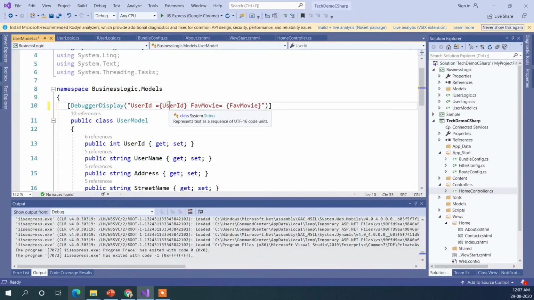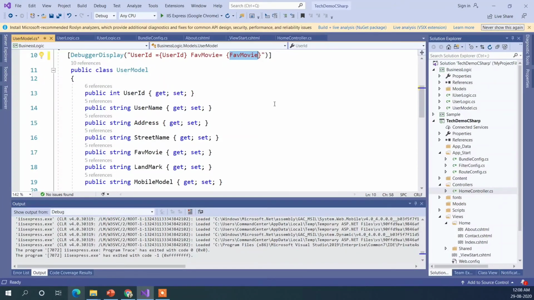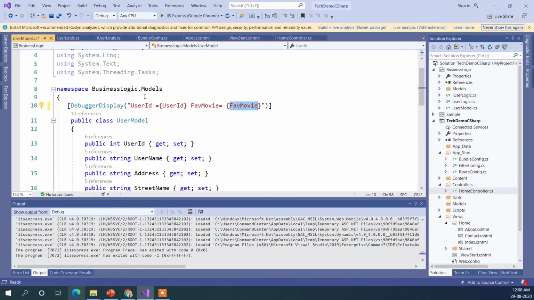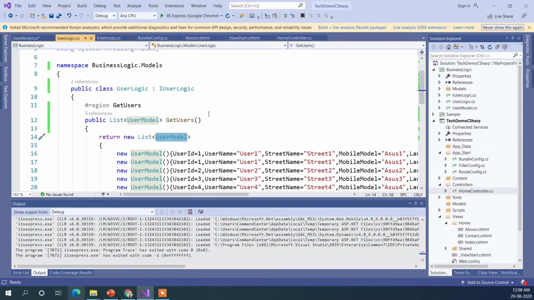If you want to show this property, we can use this, and in the same way I have used this here. So when it shows the collection of our objects, it will show user ID and favorite movie in a curly block instead of the namespace. So let's see how it is going to show us.